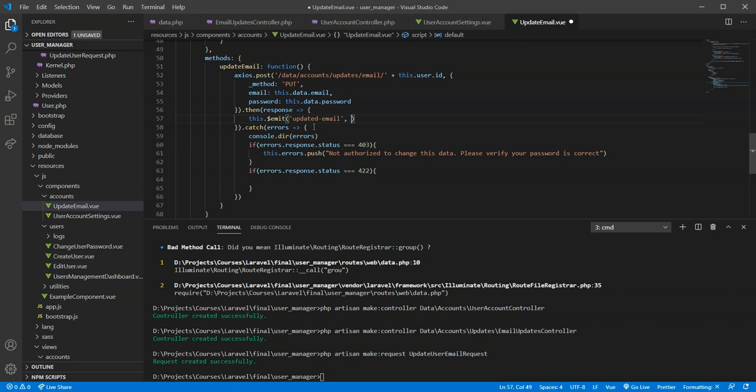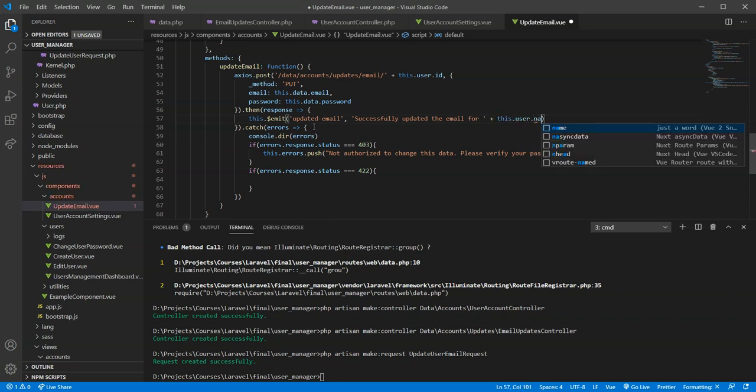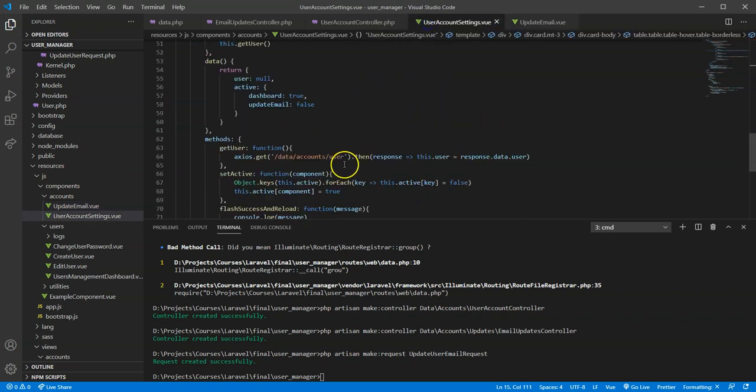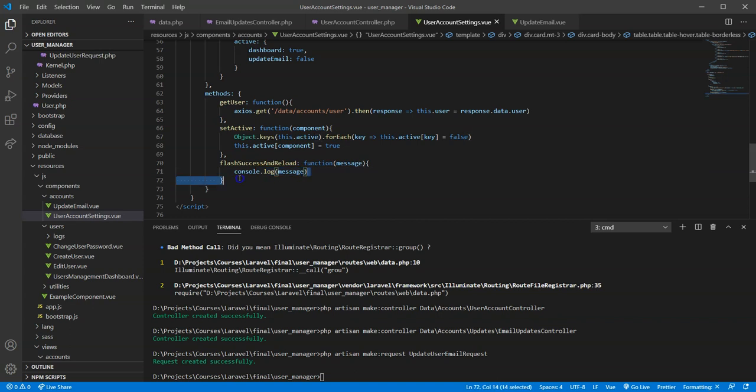Updated dash email, and then we'll send in our string, which is going to be "successfully updated the email for", and we'll say this dot user dot name. Great. Now let's go to user account settings. We're going to have to create flash success and reload. All we're doing here right now is